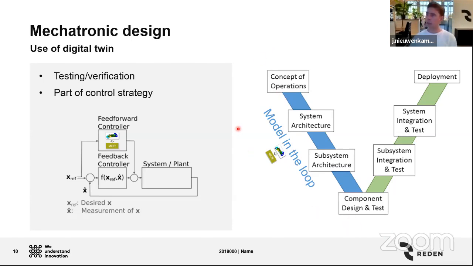It's the model which is being used for the design process, starting at creating some sort of a system architecture or the concepts. In that part of the design, model in the loop simulations or tests are very common, and